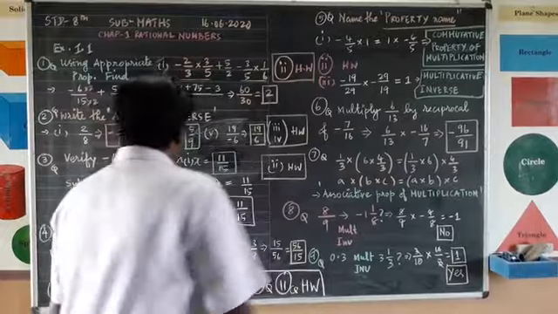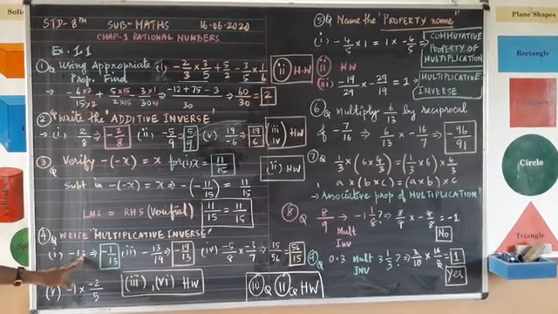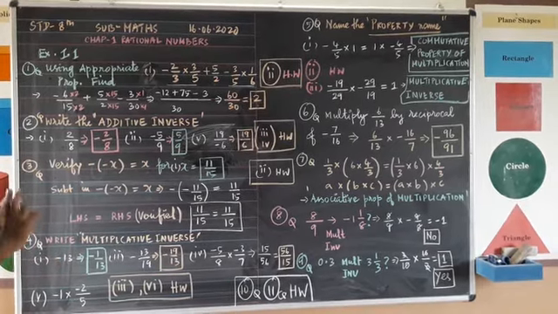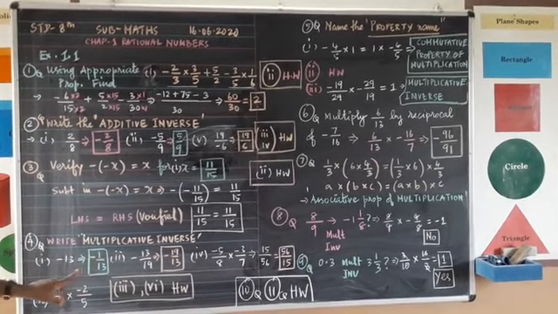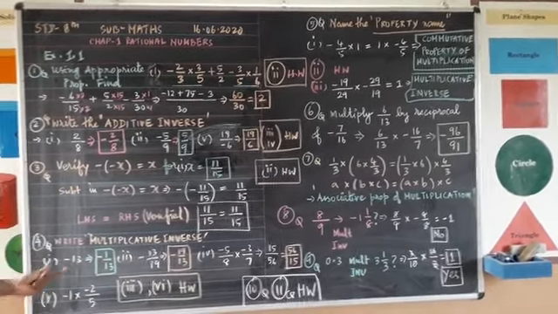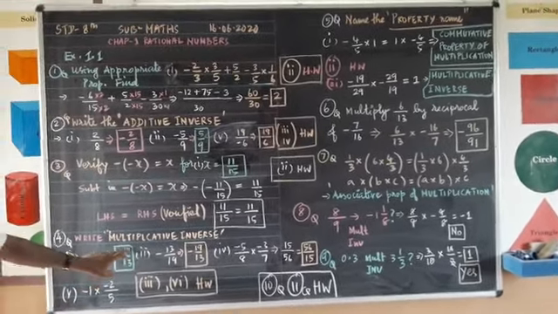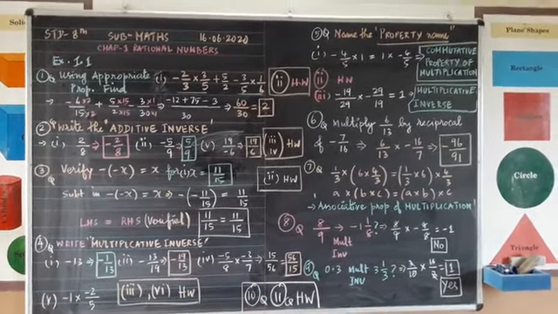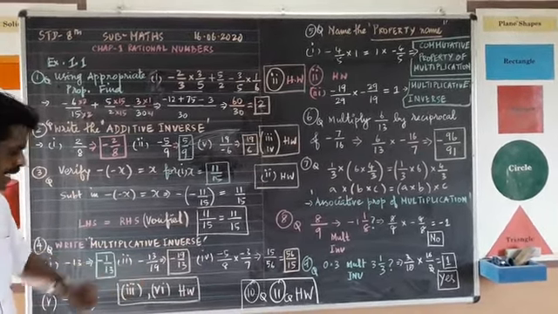That is multiplicative inverse. That means first problem, what is given? Minus 13. What is the meaning of minus 13? Minus 13 upon 1. So what is its multiplicative inverse? Same number inverse you have to write. Minus will remain as it is, but the bottom number 1 will go to the numerator and 13 will come to the denominator with the same sign. So multiplicative inverse of minus 13 is minus 1 upon 13. When you multiply these two, both will cancel, you will get answer as 1. Understood? First problem.